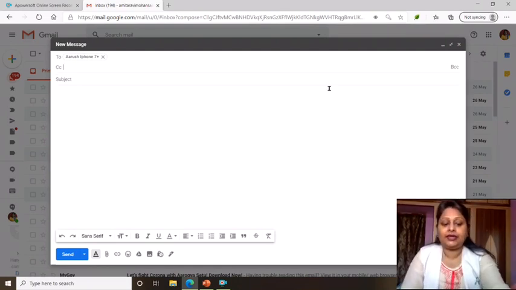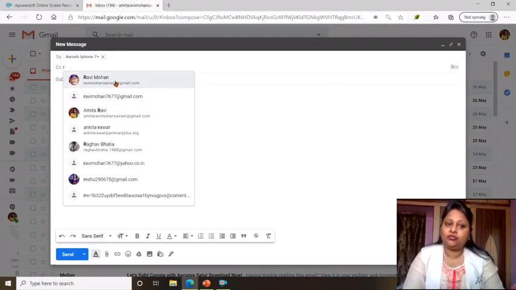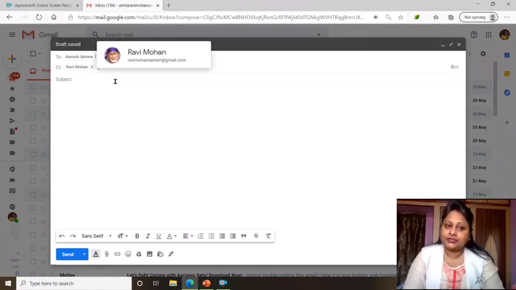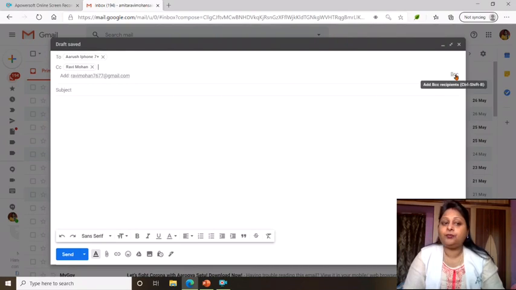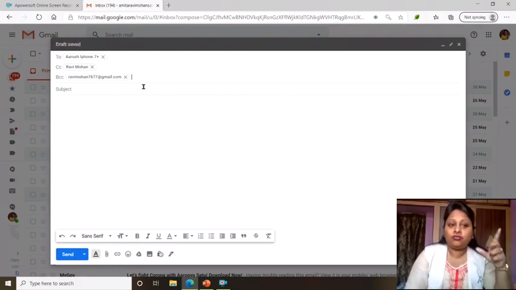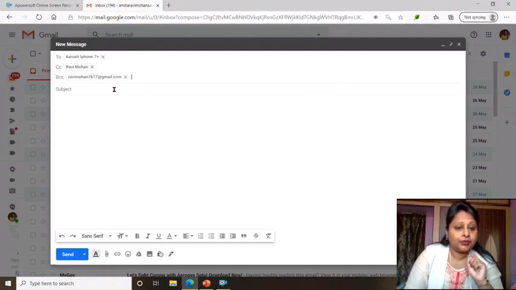Even here we may add the email IDs of more than one person. The third option is BCC, which stands for blind carbon copy, for adding the email ID. The major difference is that the person added in To and CC doesn't come to know who is being added at BCC for receiving the message.